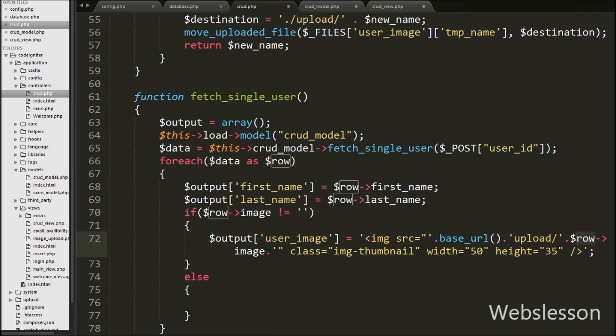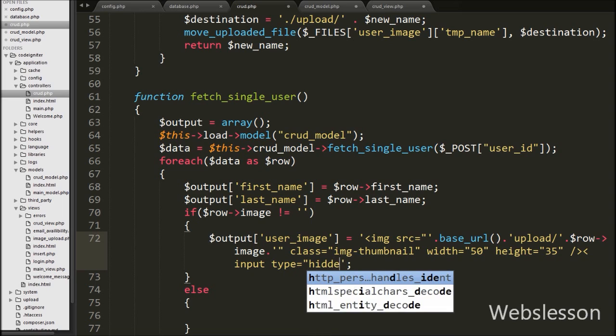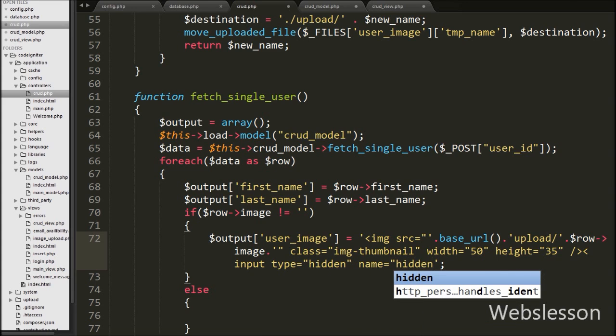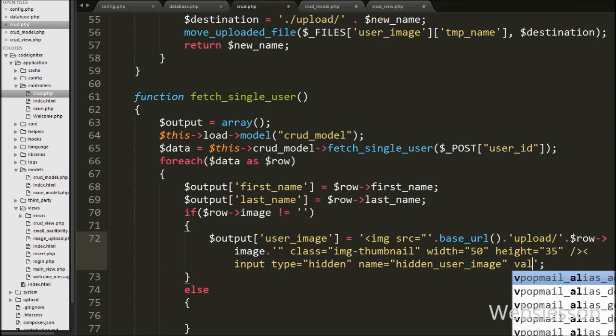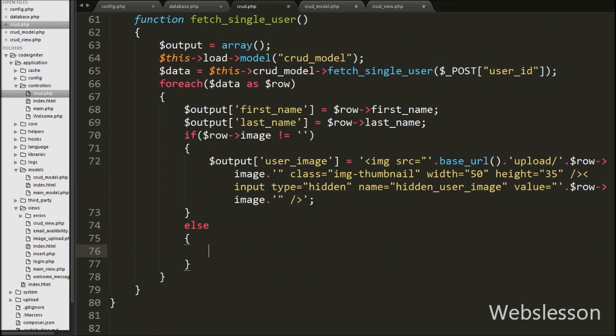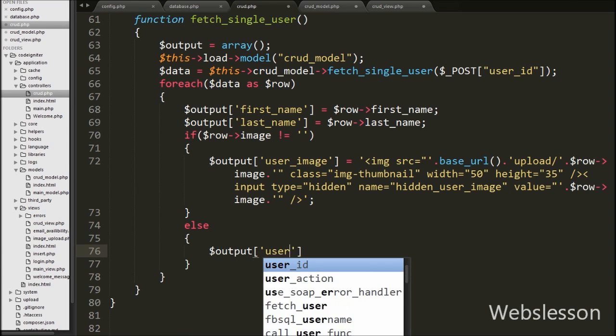Then after we have written input type is equal to hidden with attribute name is equal to hidden user image, and under value we have stored the value of $row with image object. But suppose $row image object value is blank, then it will execute the else block of code, and under this block